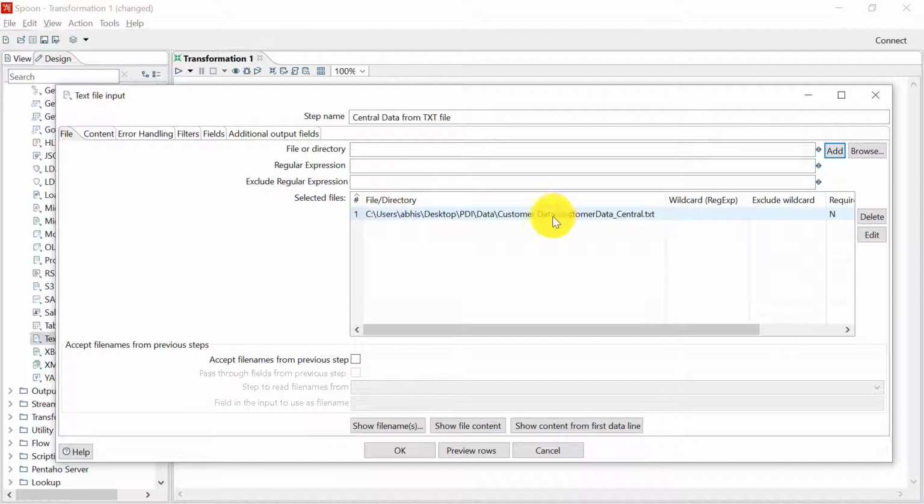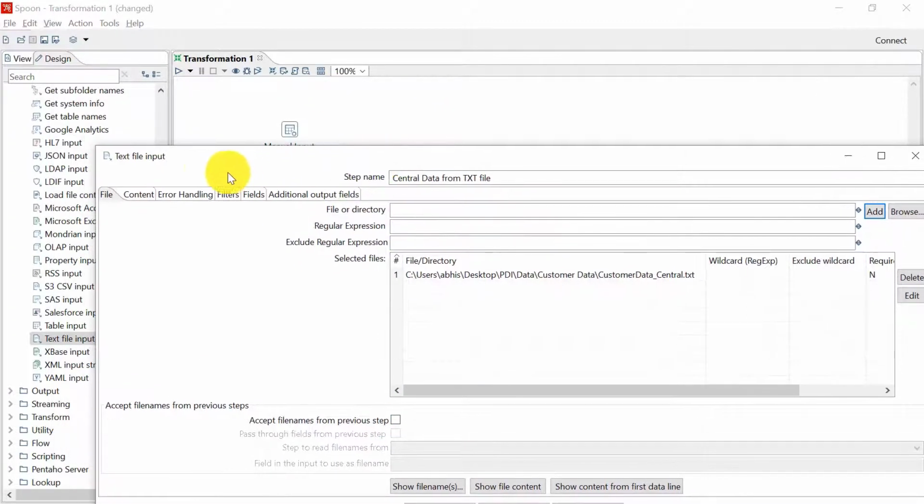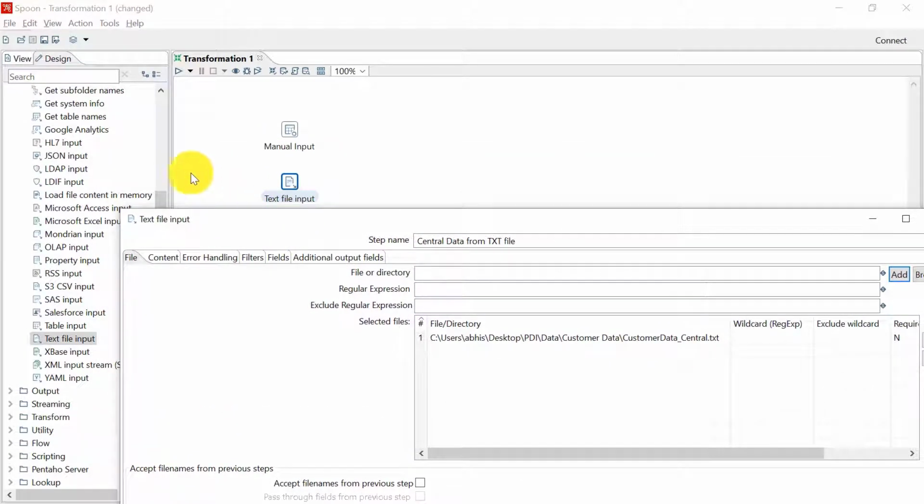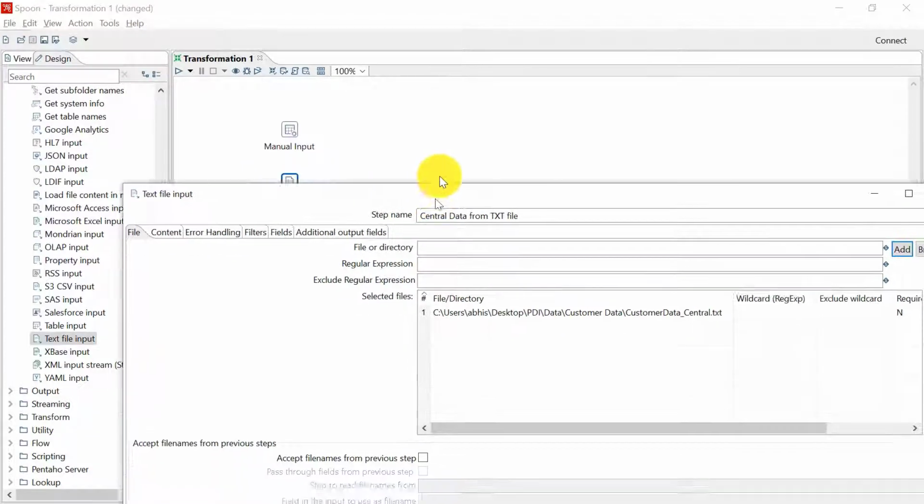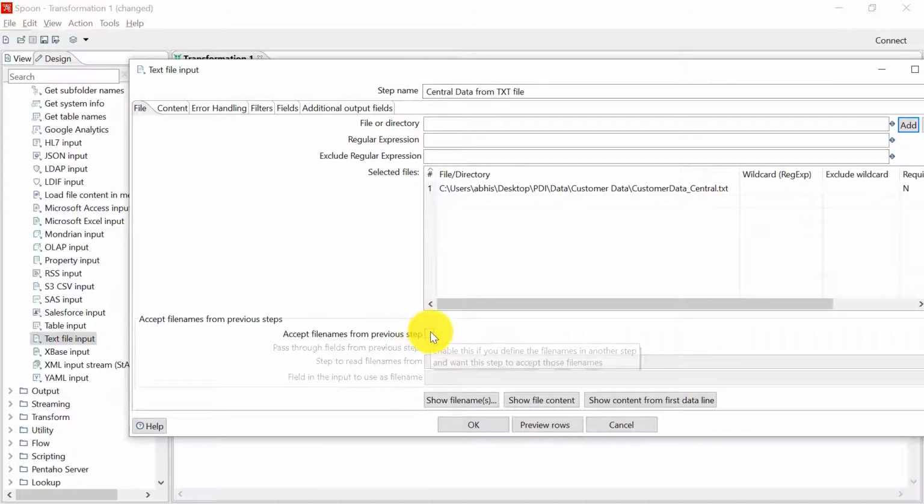So we have selected this file. I'll tell you about this regular expression in the next video when we will be importing data from multiple text files. This other option of accepting file names from previous step is used if the step prior to this text file input step, if we have a step here which can give the file location to this text file input step, then we have to tick it.